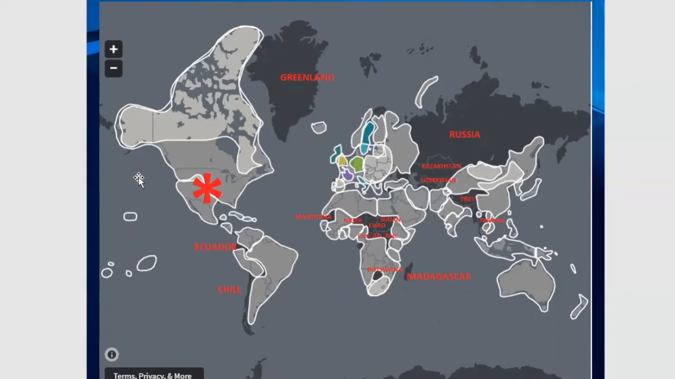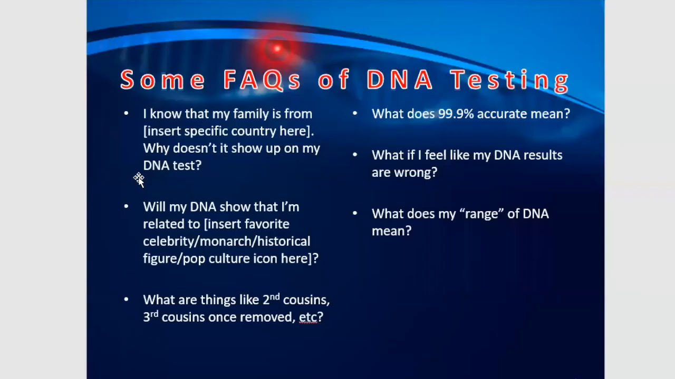And the last question is going to be, what do I do if... my second to last question, my apologies. What do I do if I feel like my DNA tests are wrong? First of all, one of the big concerns that we get a lot of, and we were just talking about this before class as well, too,